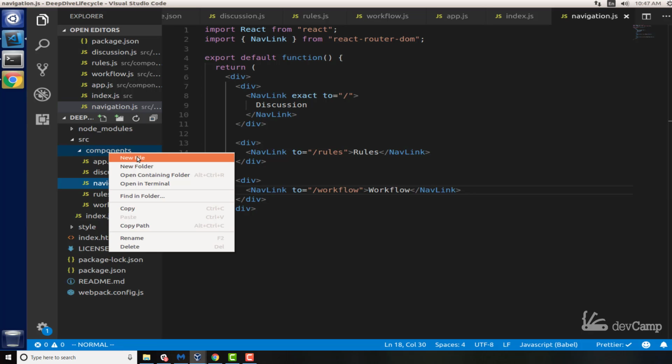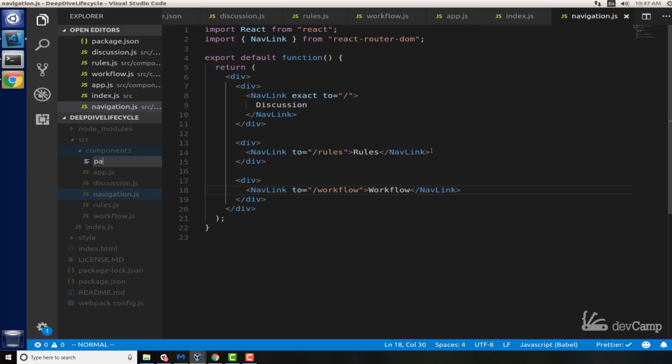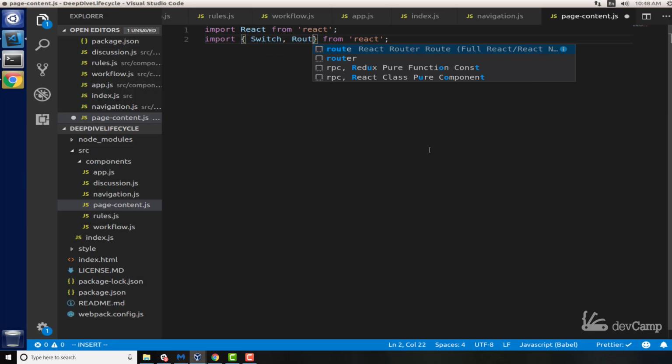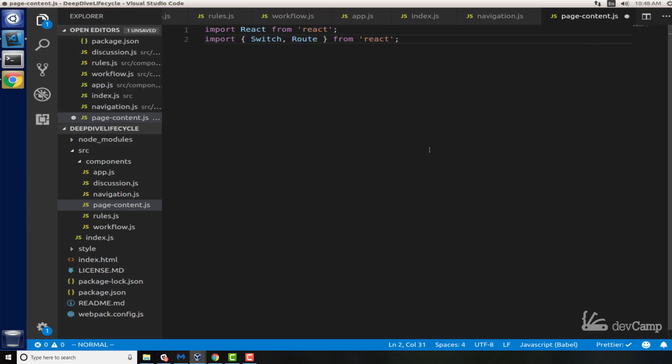So I'm going to come in here, create one called page-content.js. And now we're going to create another functional component. So this is not going to be a class one. So I'm just going to import React by itself from React. And then we're also going to be working with another library, React Router DOM. So I want to import with the curly braces, Switch and then Route. And this is from